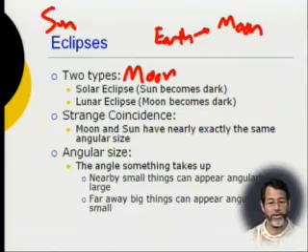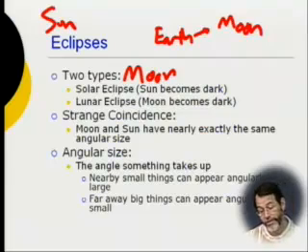So how is it that this little moon can block out this big sun? Well, it happens to be much closer to us. So if something is closer to you, it has a larger angular size than things that are far away from you. So for instance, the person sitting next to you might appear to have a very large head. And this large head might appear to be roughly the same angular size as the sun. But this doesn't mean that their head is the size of the sun. No, their head is smaller, at least of people I know.